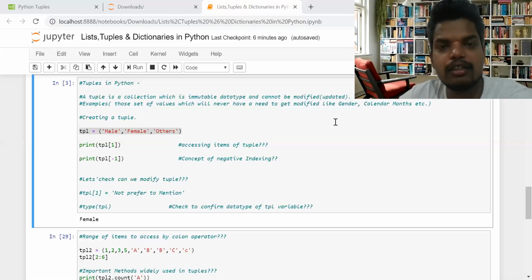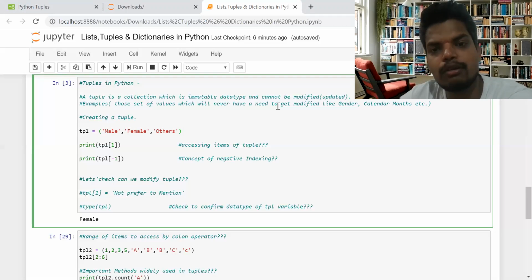So let's start. Firstly, we'll be creating a tuple. Here is my statement. This is the command through which we'll be creating a tuple. A tuple generally comes in parentheses, and hence we have used circular brackets. As you can see, I have given an example which can never be modified. Suppose gender is an attribute which will never be modified.